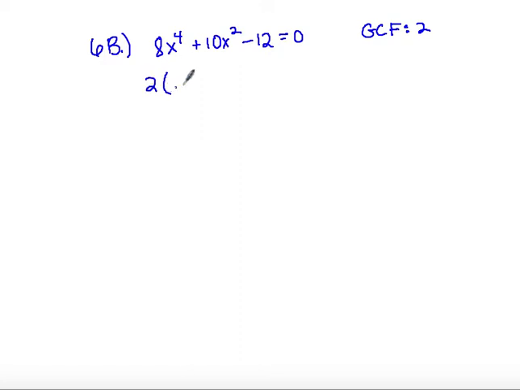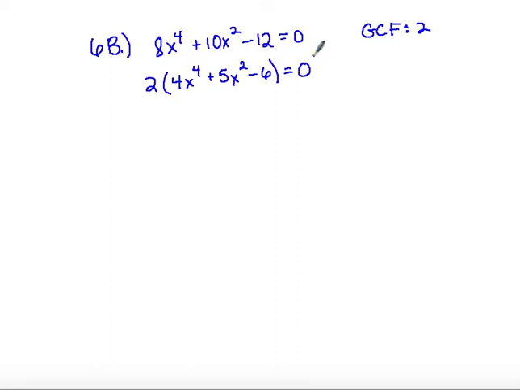All right, so let's try our last problem, which is 6b from the guided practice. And this problem is 8x to the fourth power plus 10x squared minus 12 is equal to 0. Now again, this guy's going to have a GCF of 2, so I'm going to go ahead and pull that GCF out right now. So that will leave me with 4x to the fourth plus 5x squared minus 6 is